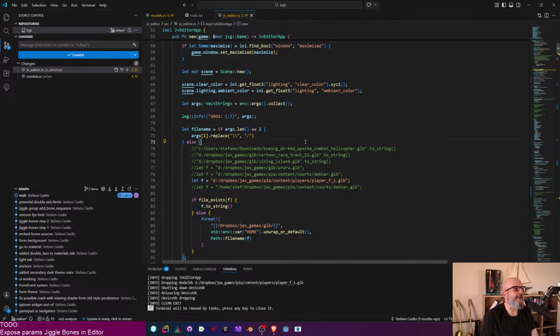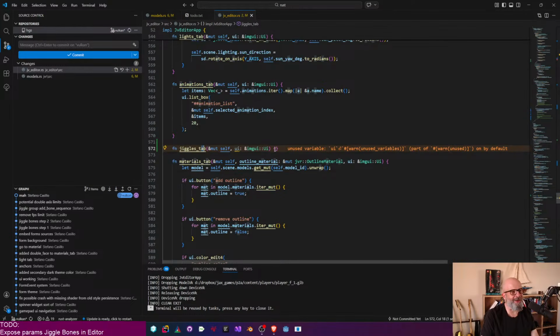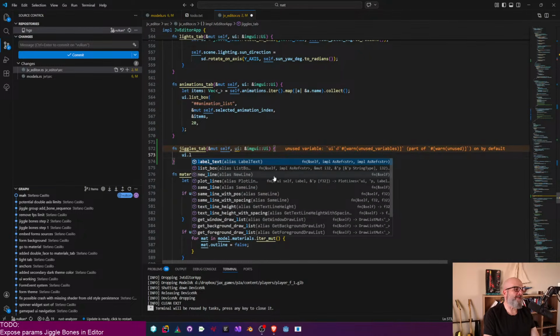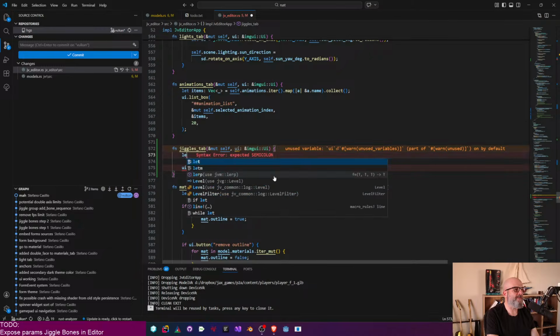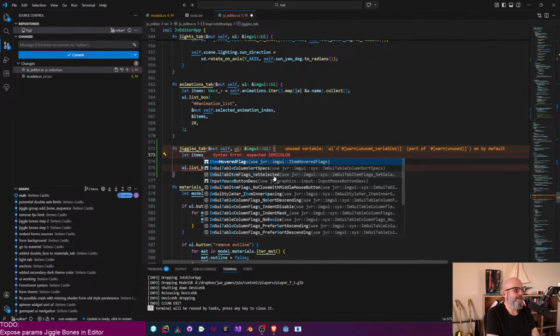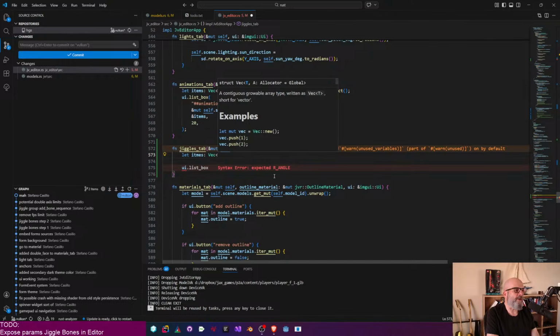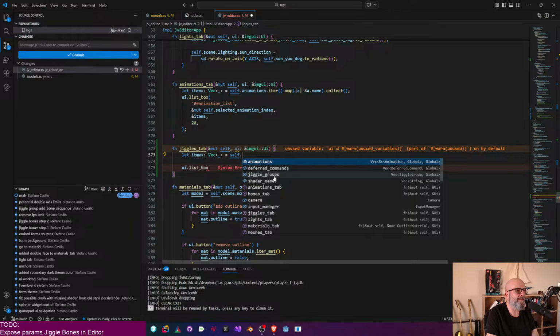Let's go. Where are we? We're trying to make a list box. So we have to do this list box like this. We will have to do the items. So we need basically this vector of strings, which makes me a little bit